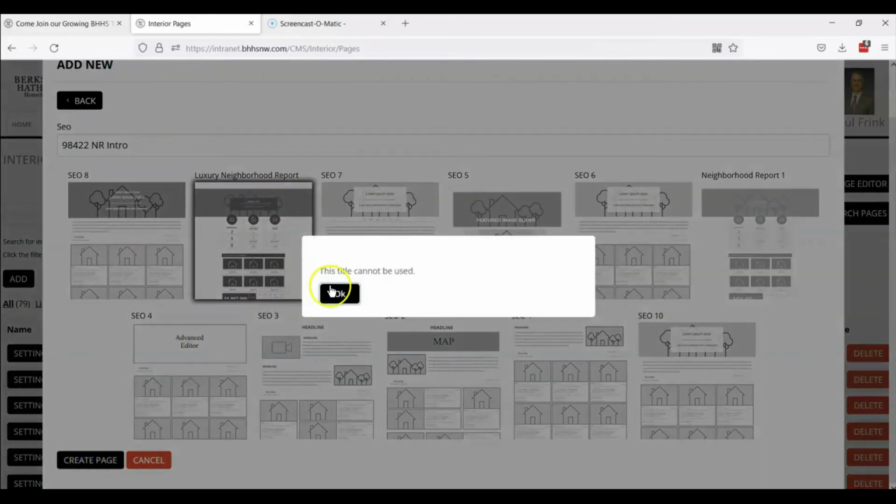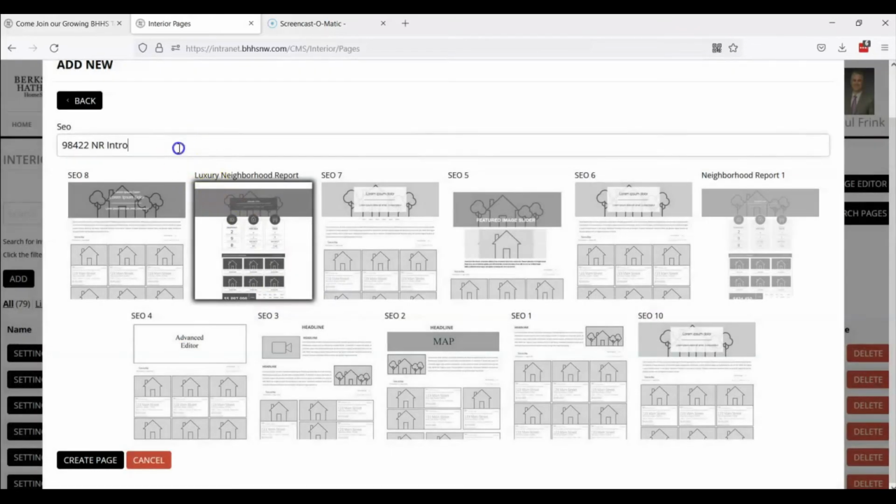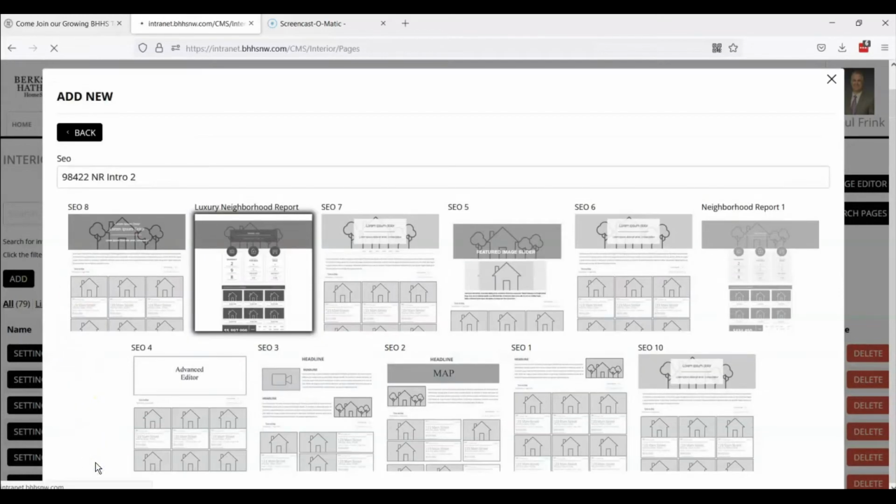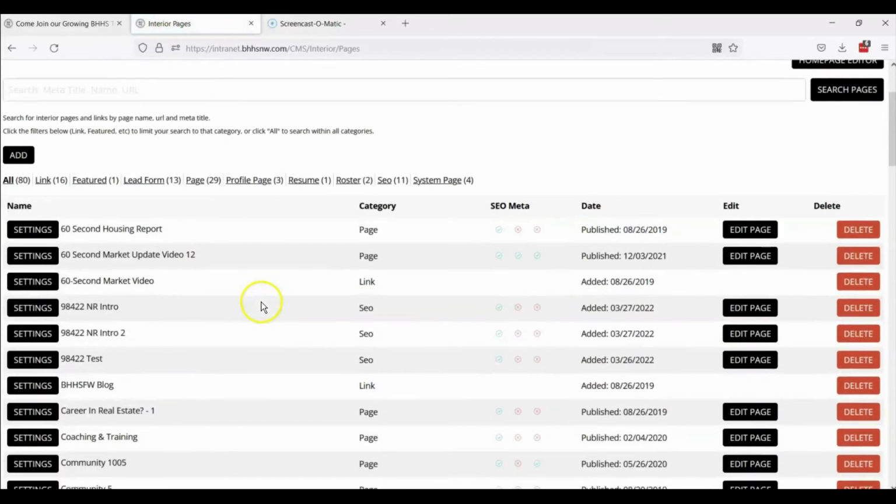Create that page. Oh, it's not going to let me do it because I already had it. So I'm going to call it 98422 NR Intro 2. Okay, and I'm going to create that page. Now you'll see it pop up here. I already had the other one. That's why it wouldn't let me save it. Okay, so Intro 2, I'm going to go to Edit Page,